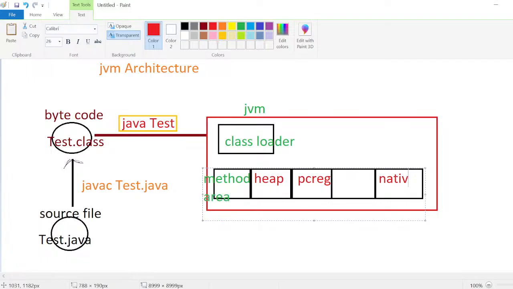Native stack means, to be frank, this entire JVM was also developed using the C language. By using Java, we can write C programs as well. C programs are called native language because JVM was also developed using C language, right? If you write any C related programs, they will be stored here. So what are the components we have? Method area, heap area, PC register, native stack, and next we have the stack,